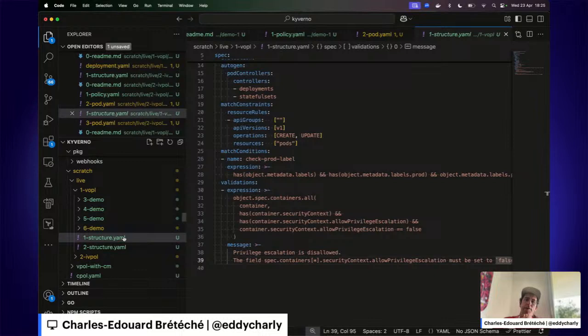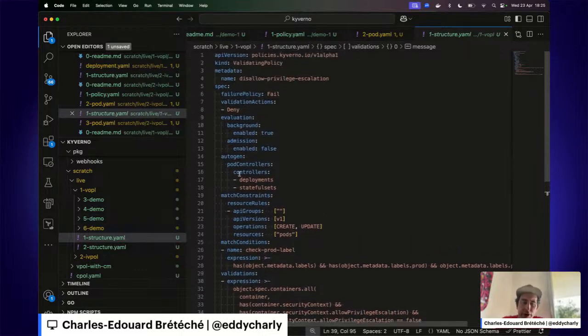So that's the very simple structure of a validating policy. It's very similar to validating admission policies in Kubernetes, at least in recent versions of Kubernetes. A few differences are that we don't support params and we don't need a validating admission policy binding. So the whole logic is a lot simpler, and maintaining a policy is a lot simpler too.